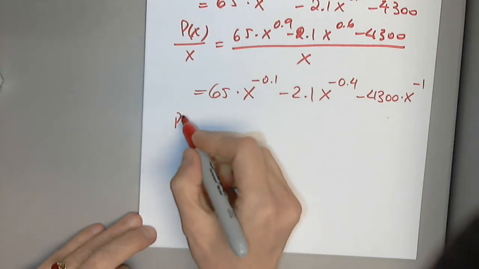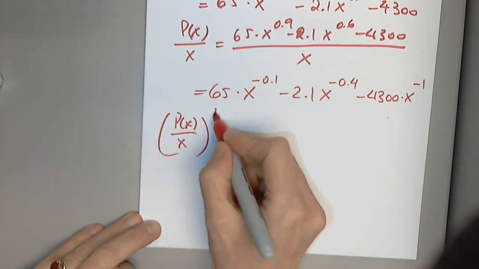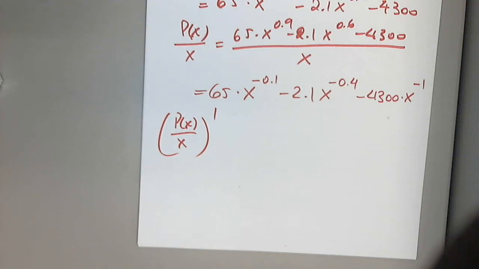So now we're asked to find this. You understand you cannot put the number in here yet. Is that clear? If we put in 50 in this function, we're going to get a constant. What is the derivative of any constant? 0. So first we have to find the function that gives the rate of change of the average profit, and then plug in the number. So when I differentiate this,